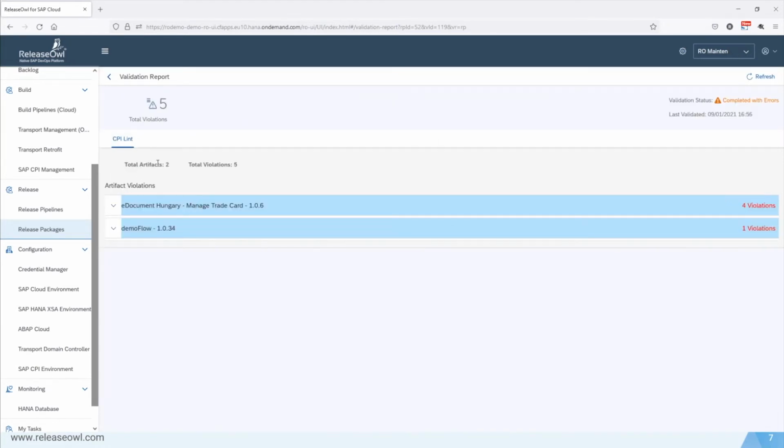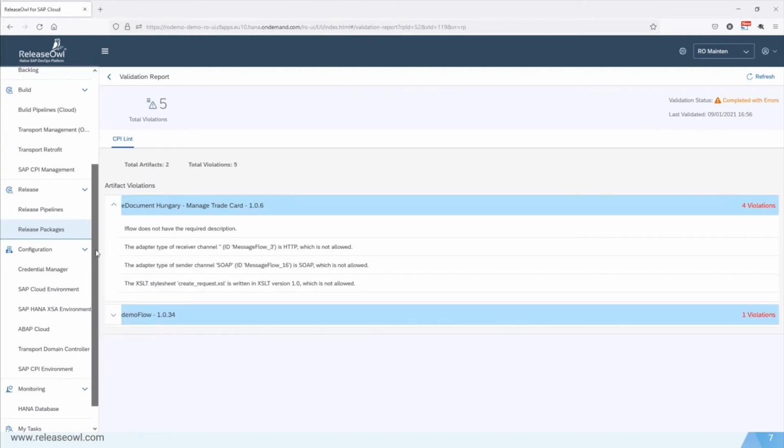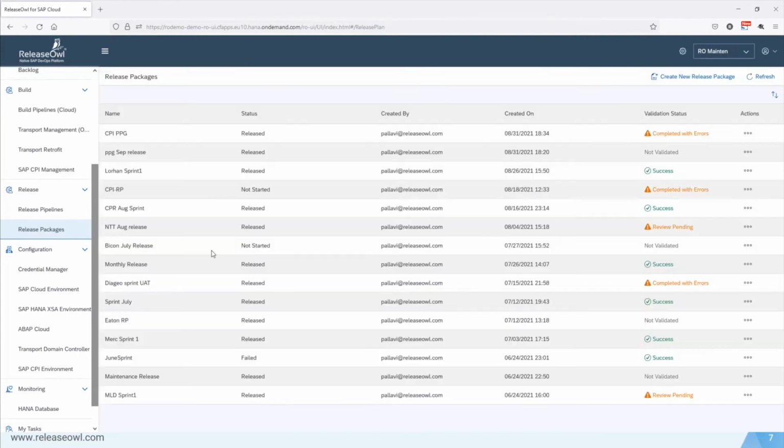Here you can see the validation report. We have a total of 2 artifacts and 5 violations. If you want to expand this view, you can then see what exactly these violations are to understand it better. Let's go back